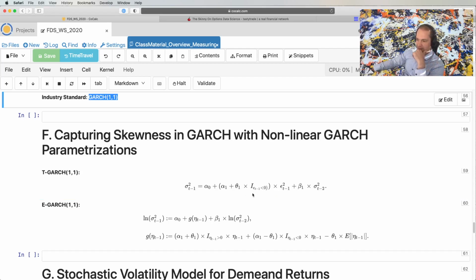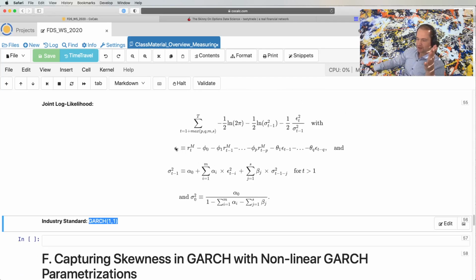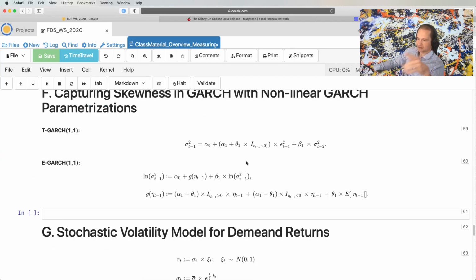You build that in mechanically, not mechanically, it still needs to be estimated, but within the likelihood procedure, conditional on parameters and on your model, you always know what the epsilon t sequence looks like because you observe the returns. You condition on parameters if you optimize. So conditional on a parameter draw, you have a sequence of epsilons, and then you just check if the epsilon in t-1 was negative, the loading is alpha1 plus theta. If not, it's just alpha1. And that's how you get skewness into